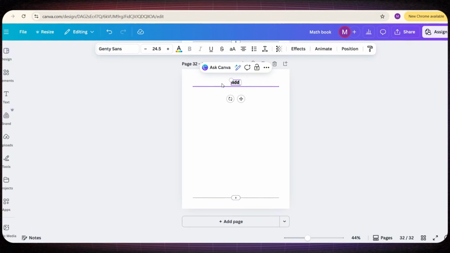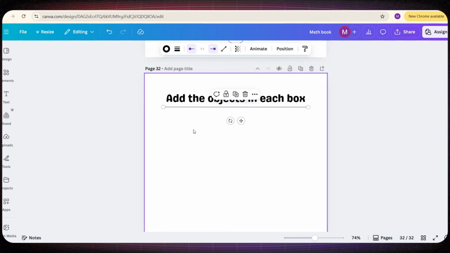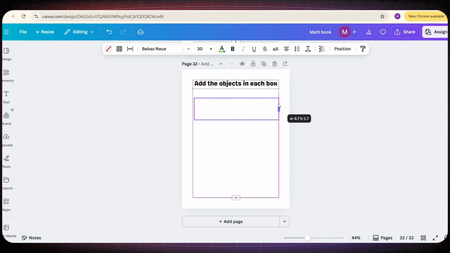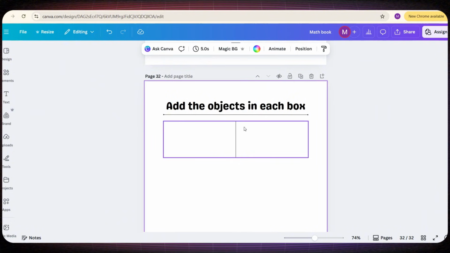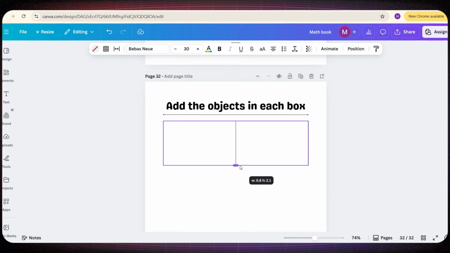It's actually super simple. All we need to do is add a new page and change the title to Add the Objects in Each Box. Then, we'll go back to the previous page and copy one of the existing tables. Right-click on it and choose Add Column so that the table now has 2 big equal-sized cells. These 2 cells will be for our shapes, meaning we'll place fun pictures inside them for the child to count